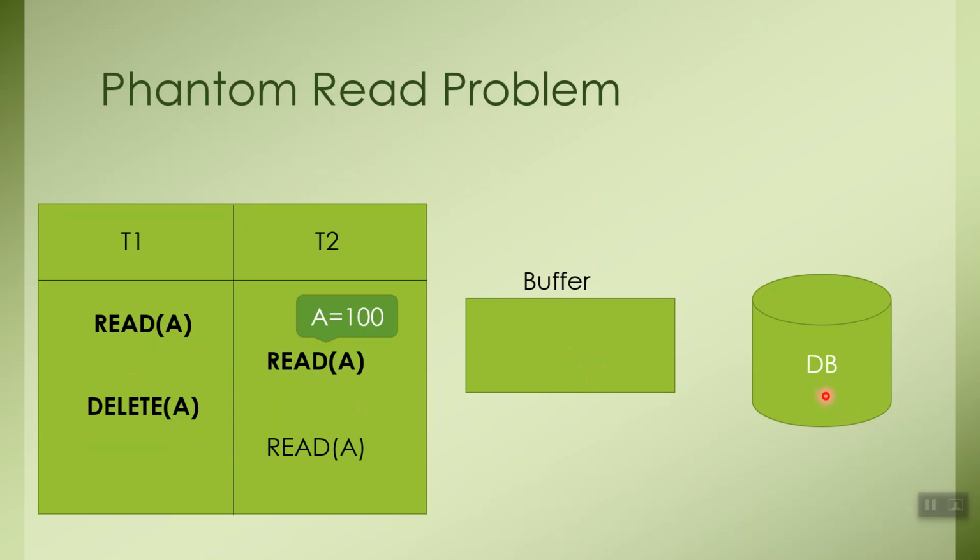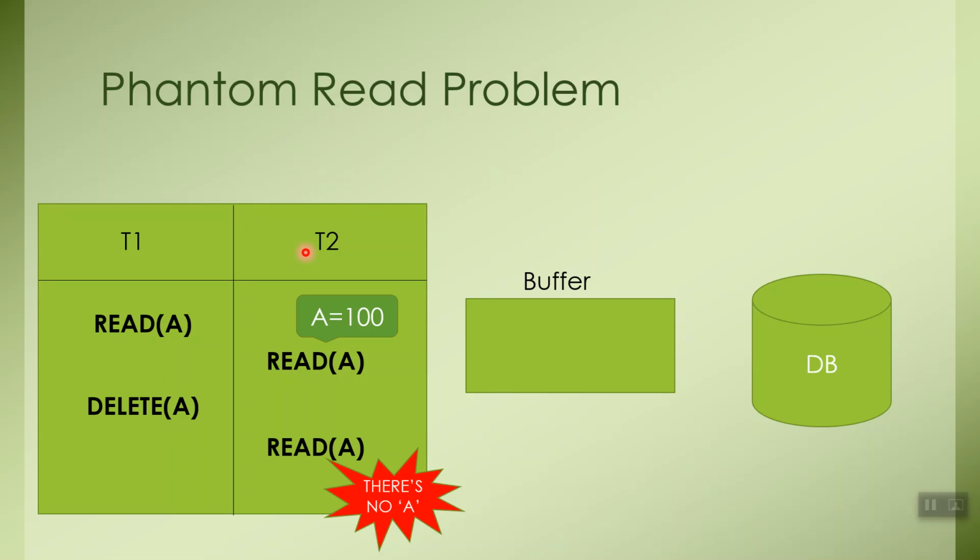And then when the context switch happens and T2 gets the chance to execute, T2 executes a read A statement. Okay, because of some reason it just wants to read the value of data item A again, and then what it sees is there's no data item A present, neither in buffer nor in database, right? So T2 again gets very confused. He's like, I'm the only one executing over here, I haven't deleted the data item A, then who has, right?